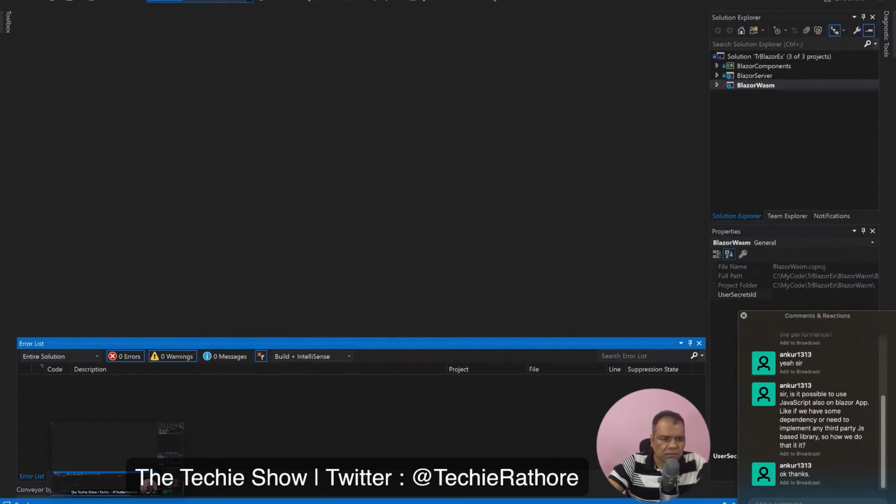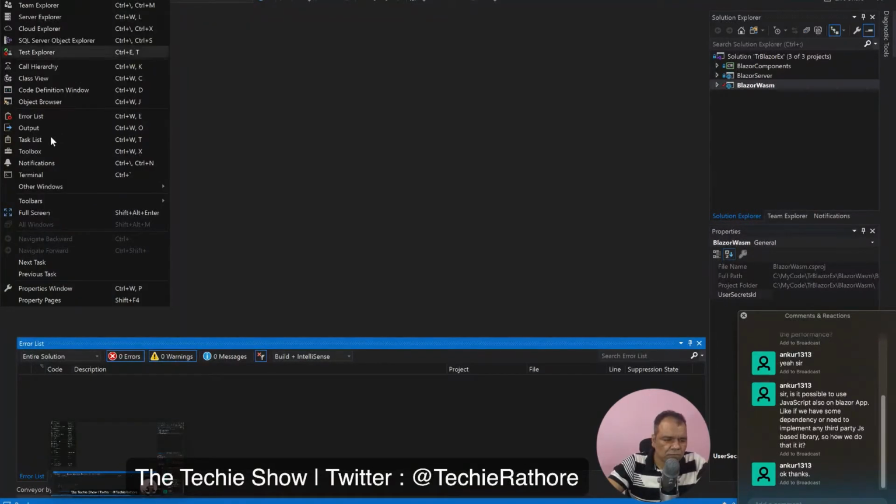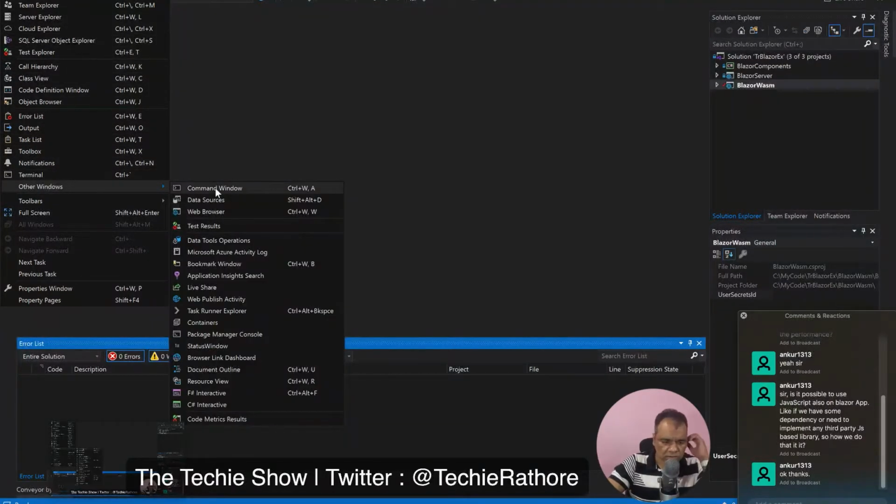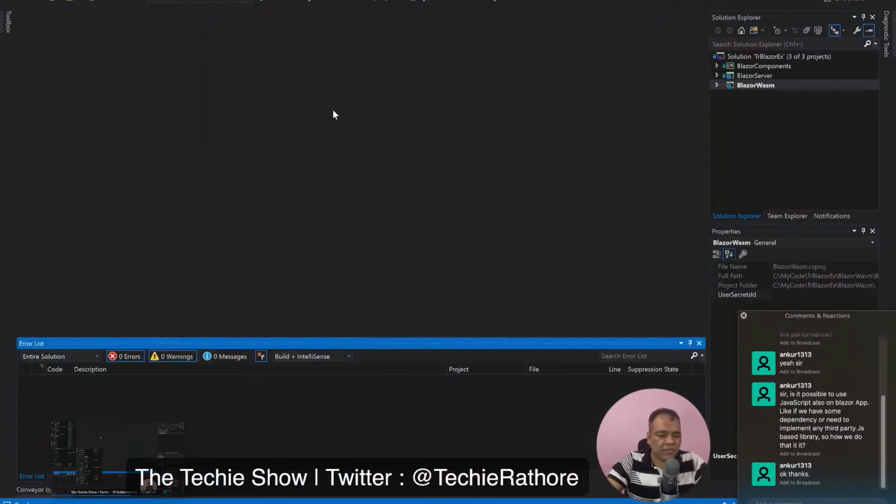This is Blazor Wasm. Team Explorer, solution. No other windows. Web browser. No. Probably maybe next time. I'll find it next time and then we'll see.